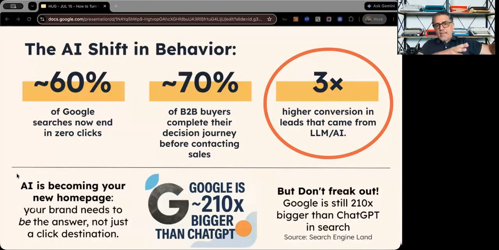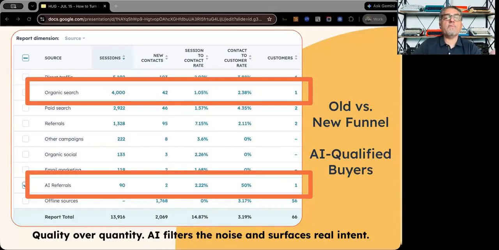So all of that is tough news, but also good news, because if anybody's coming from an AI model, they're closing at 3 times as much, or 4 times, 5 times more than if they're closing from Google. And we've seen this on our clients' HubSpot portals: 4,000 visits, 42 leads, 1 client versus 90 visits, 2 leads, 1 client.